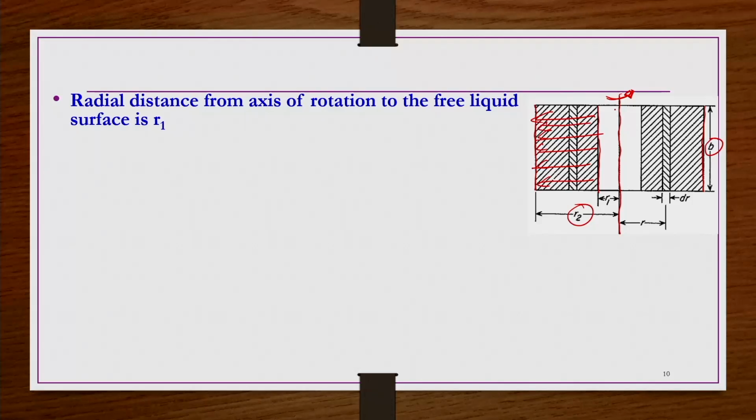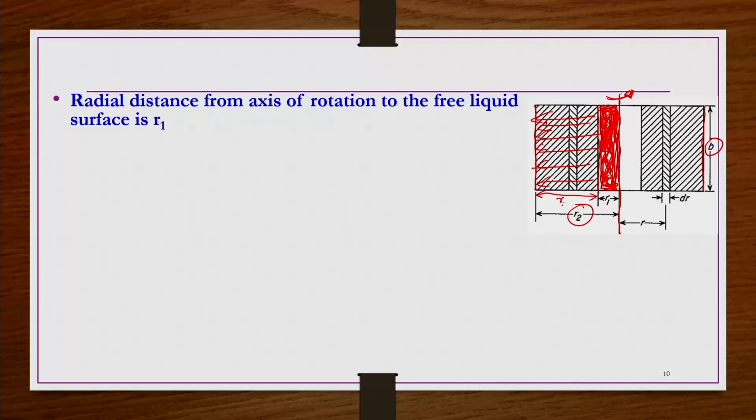Towards the center of this bowl we have an empty column without any liquid, and the liquid is thrown towards the wall, forming a concentric interface like this. This part that I am showing is empty, there is no liquid. That is the radius of the interface, the free liquid surface. The liquid is thrown here, and is now occupied from R1 to